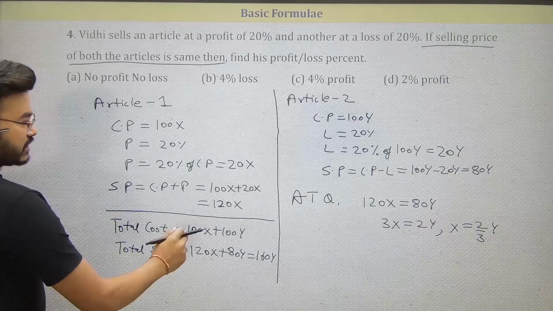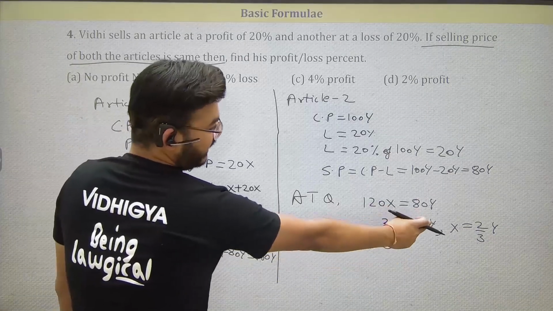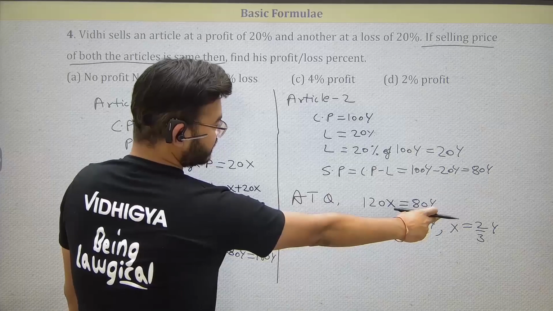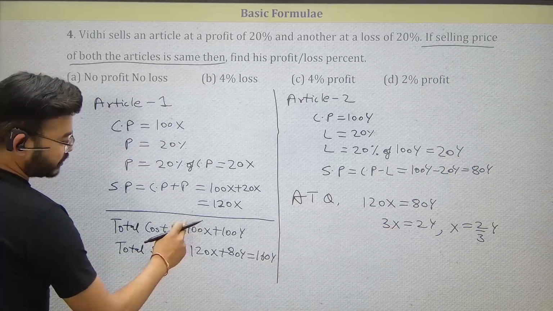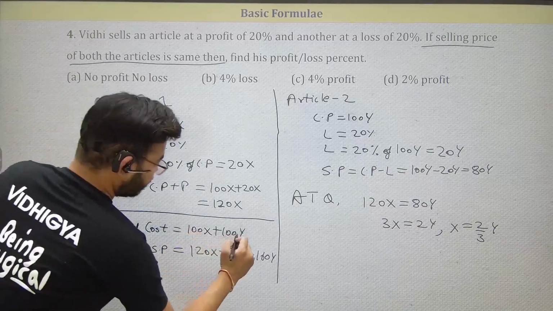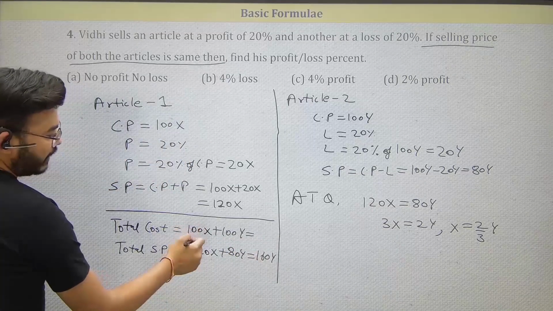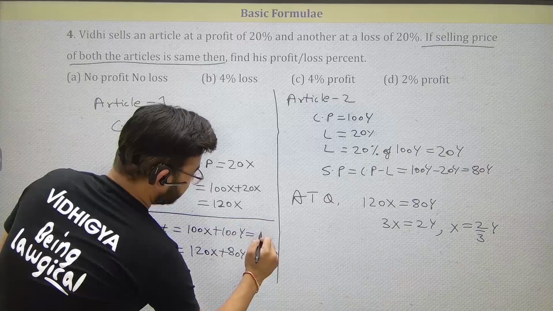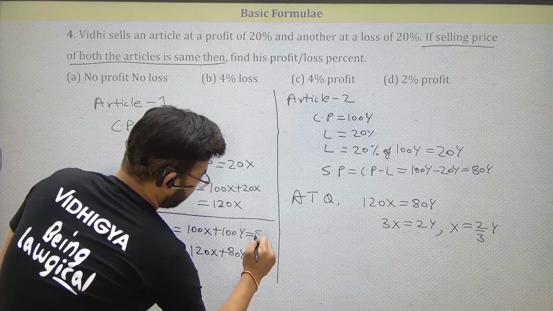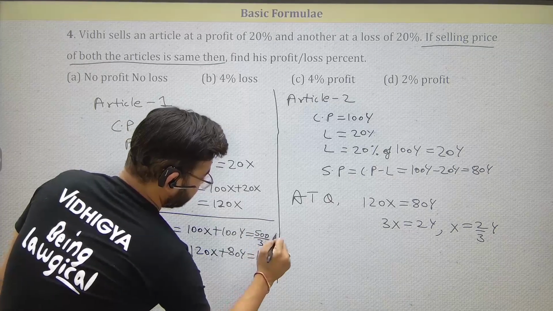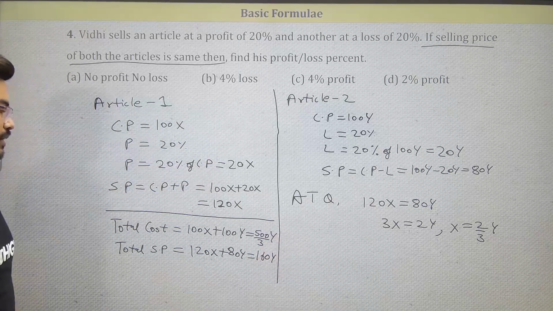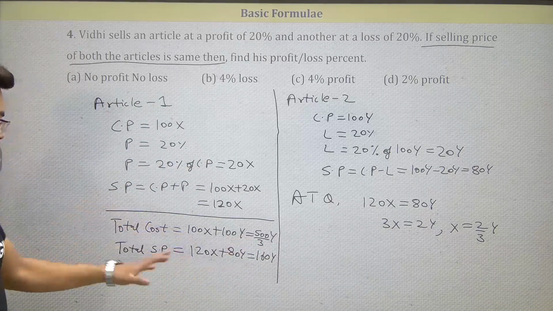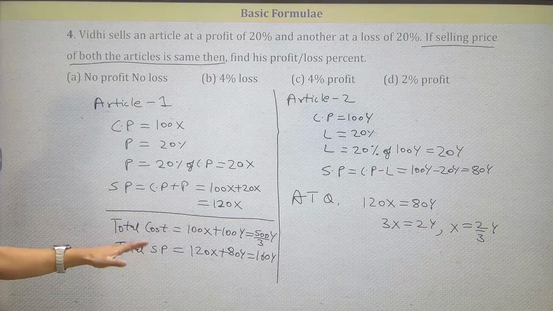Similarly, you can substitute the value of x from here. So it becomes 2 by 3y. So it becomes 200. So the value of total costing will become 2 by 3, so it becomes 200 by 3. So that becomes 500 by 3y. Now if you subtract it to calculate whether it's a profit or loss,